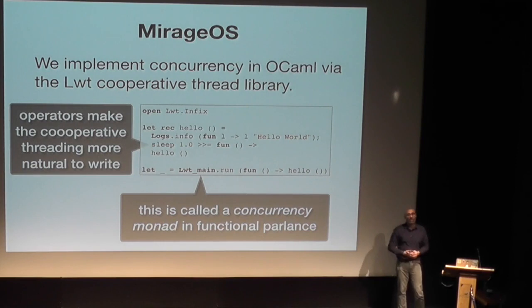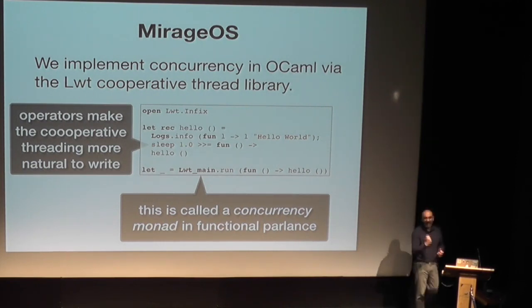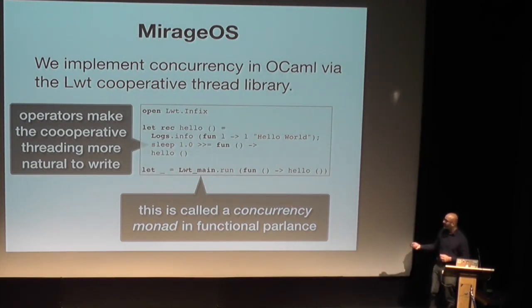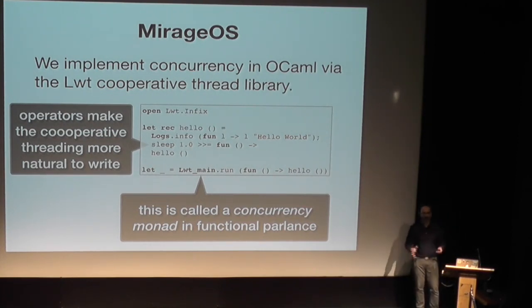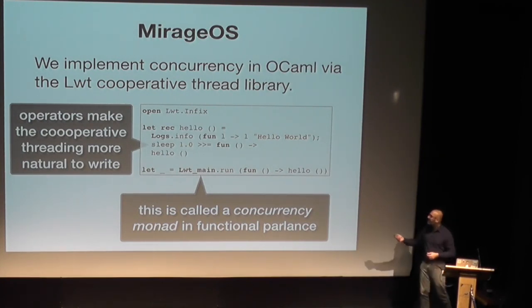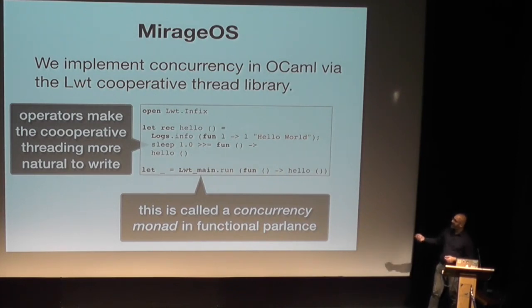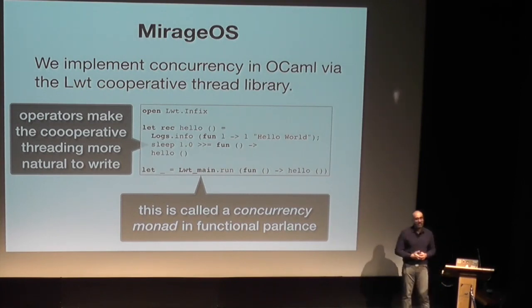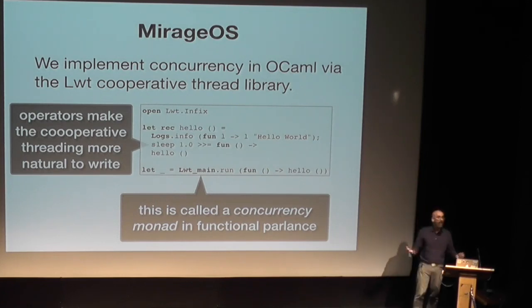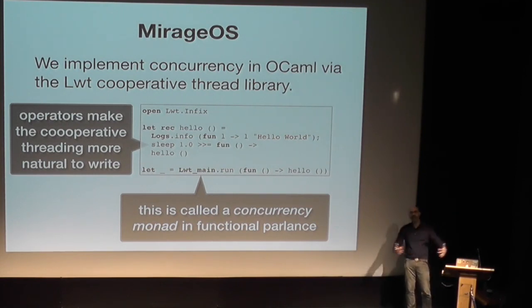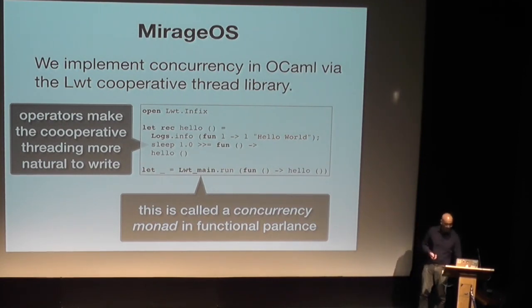And so obviously I'm not going to go into the details of exactly how LWT works, but what this is known as a concurrency monad. In many ways, it's an incorrect term because it's not actually a monad. It doesn't obey the monad laws, but that's what it's called. And the great thing about it is that it scales massively. You can build millions and millions of these threads, but because they're native to the language, they can be optimized and compiled away just like any other feature of the language. So we've again taken something that was outside in the operating system and lifted it into our kernel.